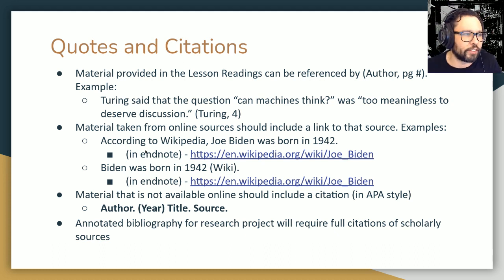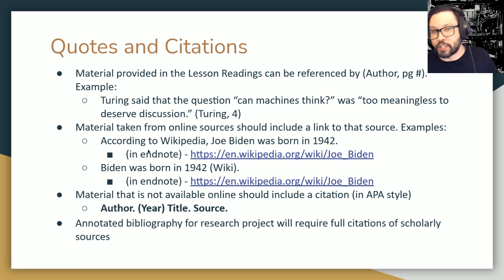For instance, just two quick examples, I might say in my essay, for whatever reason, that according to Wikipedia, Joe Biden was born in 1942. It's clear that I'm getting this information from Wikipedia, and then maybe in the endnotes, I leave a link to Wikipedia. This is enough of a citation where I know where you're getting that information, and I can easily inspect it for myself. This is everything that I need as a reader to understand what you're doing and how you know what you say you know.